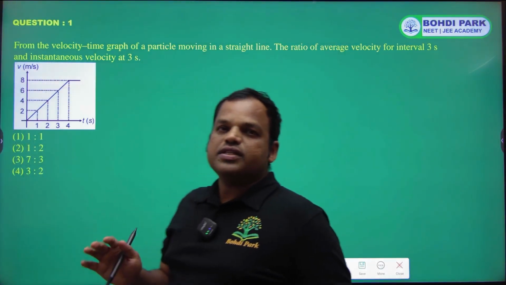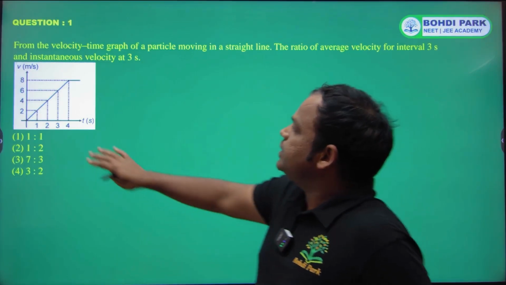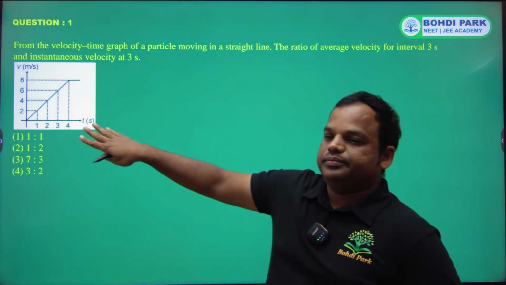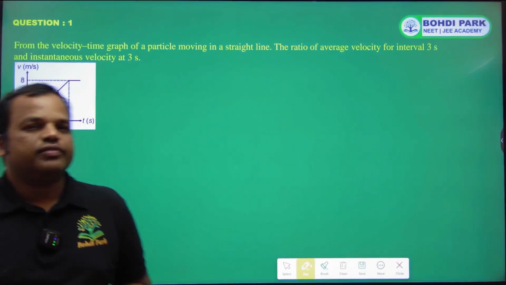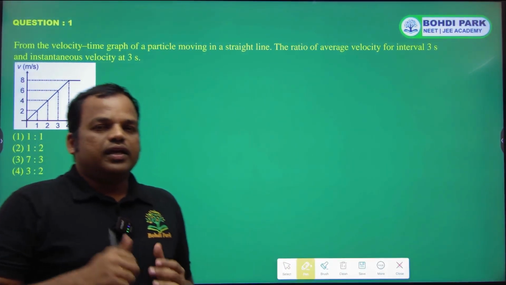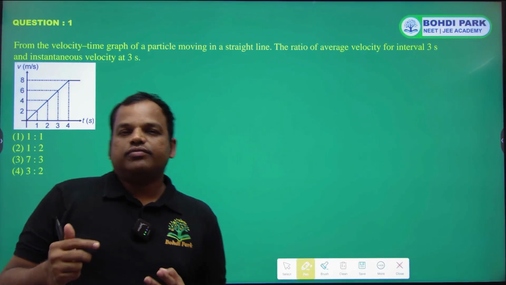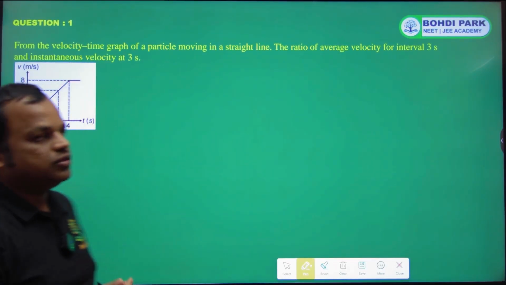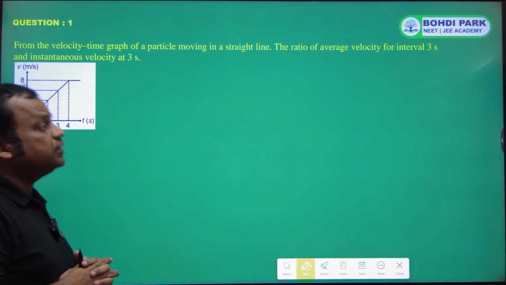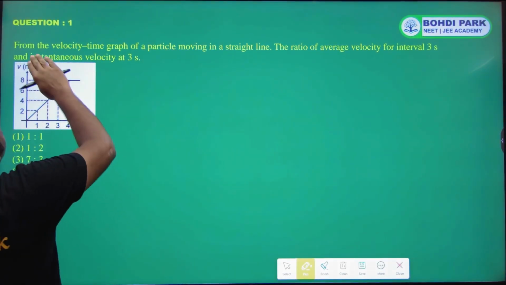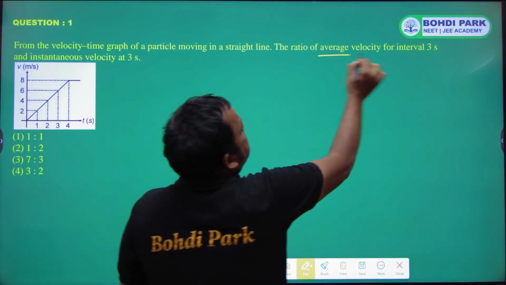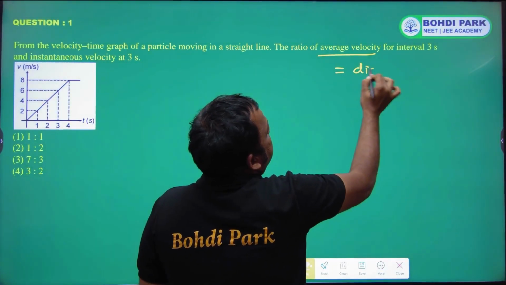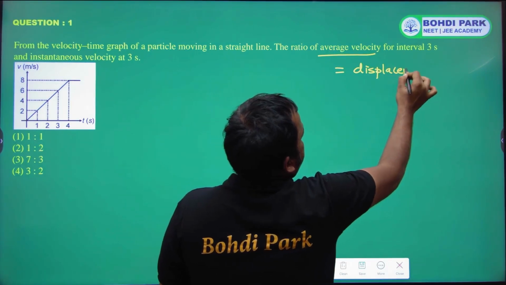Now look at this first question. It is the velocity time graph. The concept is slope of velocity time graph is acceleration and area under velocity time graph is displacement. So let us check the question. What is asked? From the velocity time graph, ratio of average velocity. So average velocity is equal to displacement by time